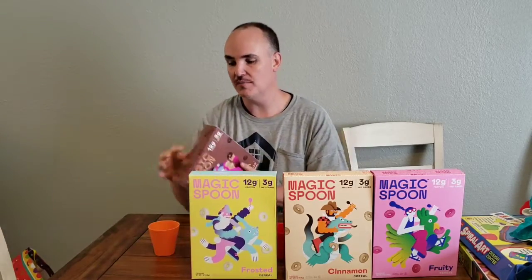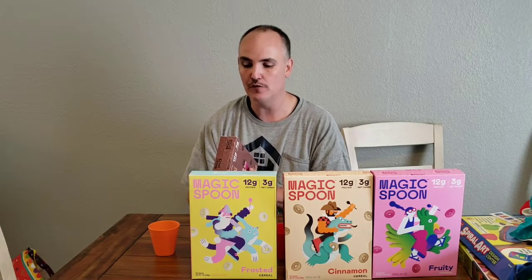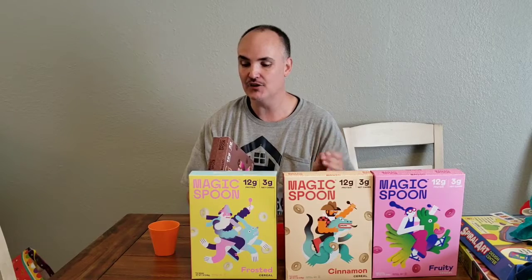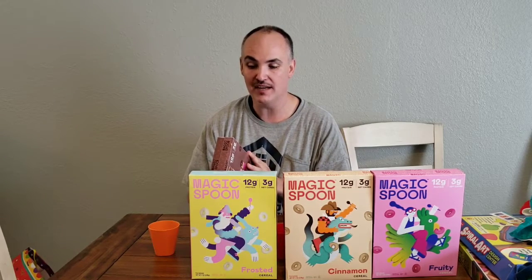Let's go ahead and look and see what the macros look like on here. It says it's got 8 carbs and it's got 2 fiber. So basically every serving has 6 net carbs. It's running 12 protein and 6 grams of fat. So you're definitely gonna have to incorporate some fat while eating this, whether it's...